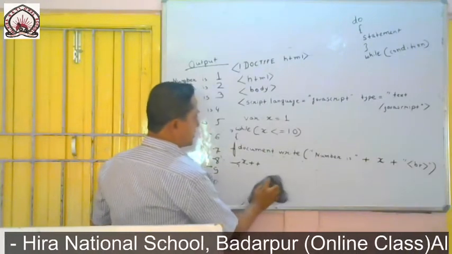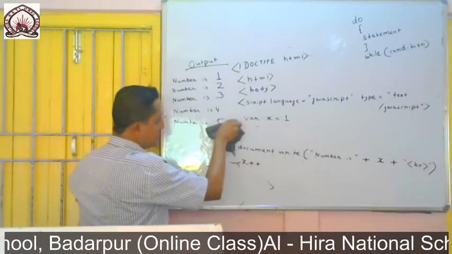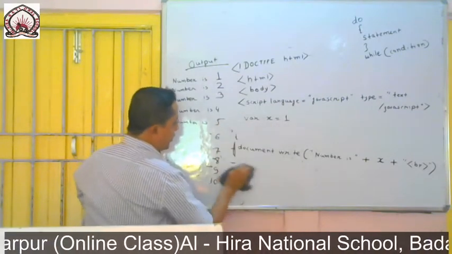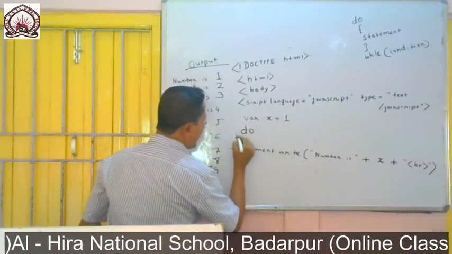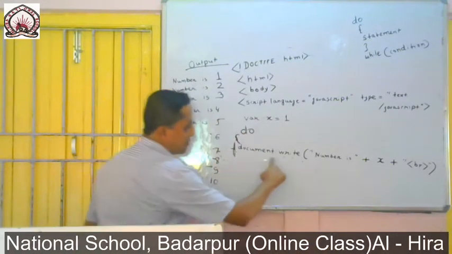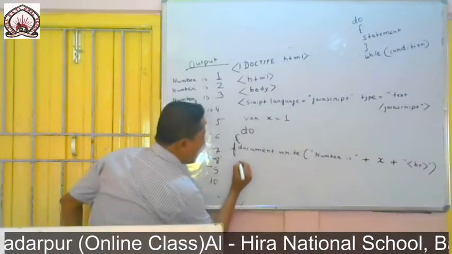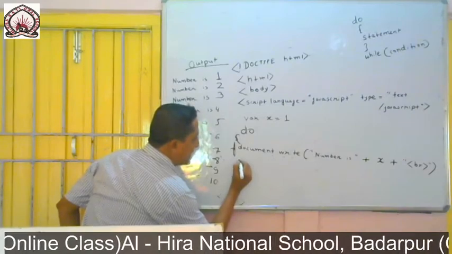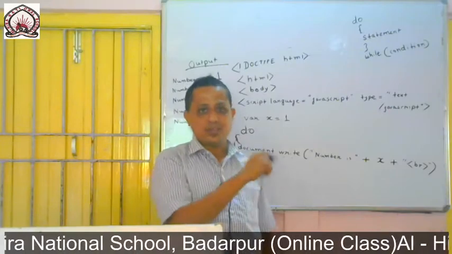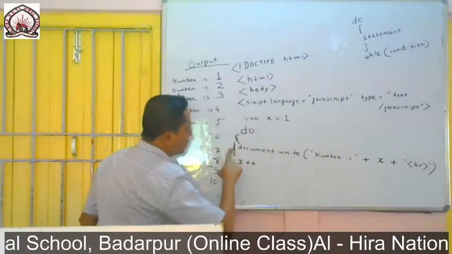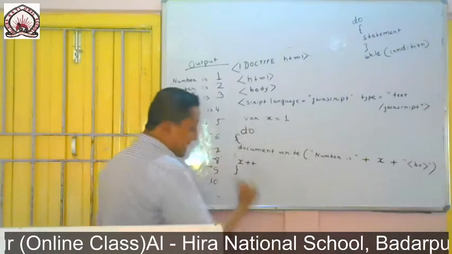So let me erase, it will be as it is, okay. So I will write just here "do", then give the bracket. This was my statement, okay. Condition is what? Do statement, then it was my increment, here X plus plus. You can also compare the earlier program with this one. Then I will close this one, then I write in the condition.